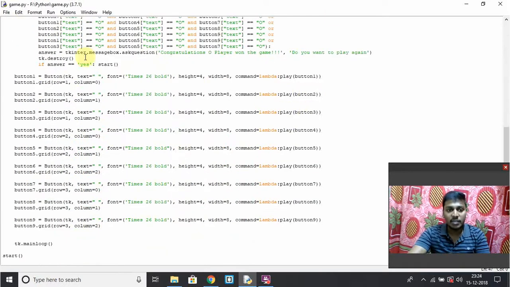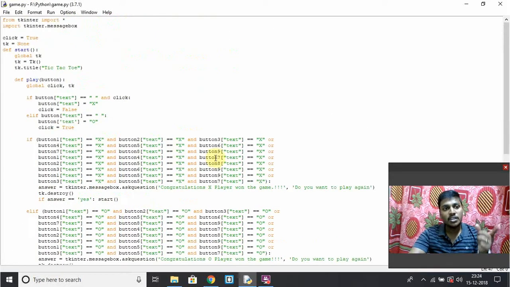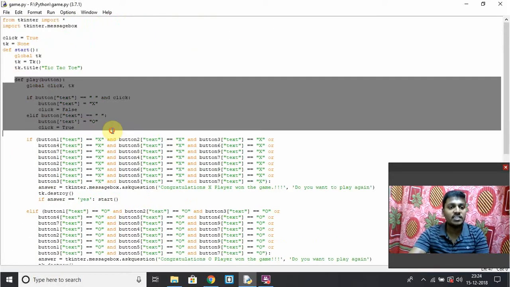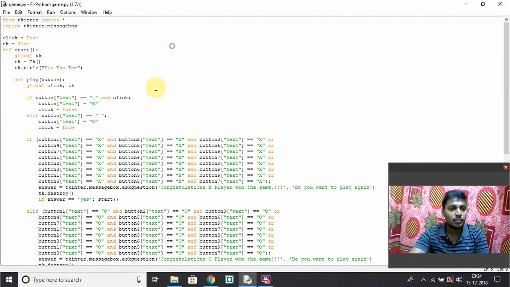See, button 2, button 3, button 4, button 5, button 6, button 7, button 8, button 9. So every button I have created here, I have given the height, width, and the value. When button 1 is pressed, it will go up. See here, every process is here only. So the process here is, if button 1 is pressed, not button 1, any button, let it be any button,